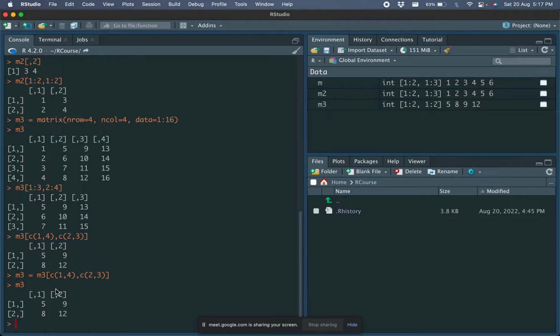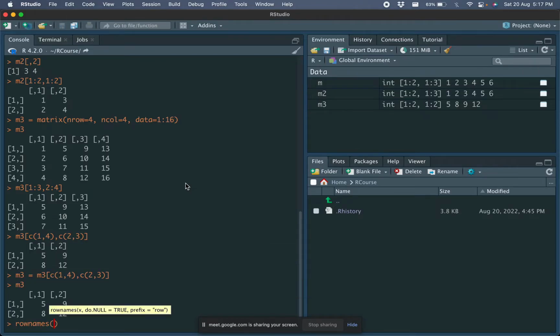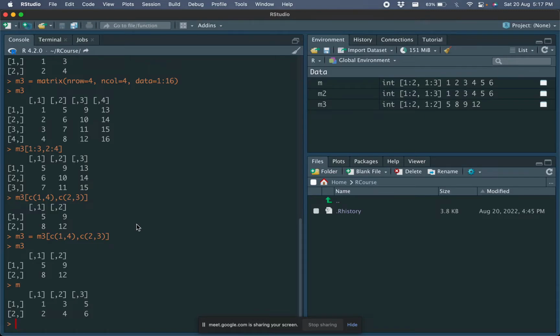But if the matrix is written like this, 1, 2, 3, 4, 1, 2, 3, 4, how would I know what is marks and what is student name or something like that? So what we can do is rename the rows. So okay, let's come back to the matrix M,